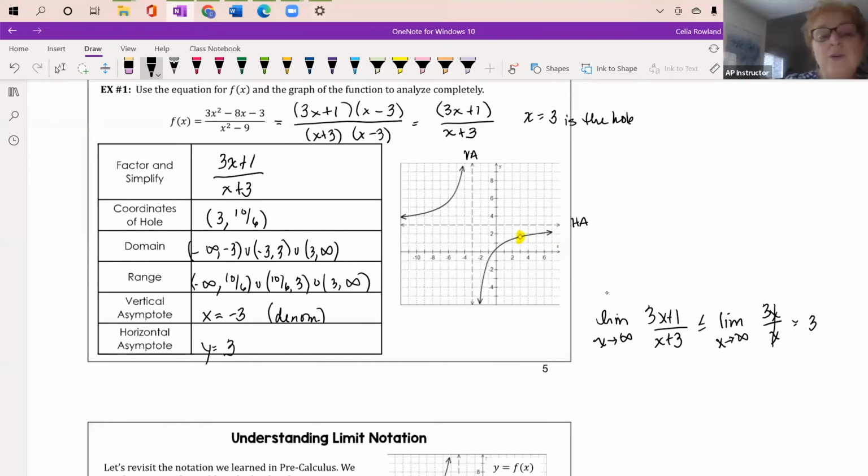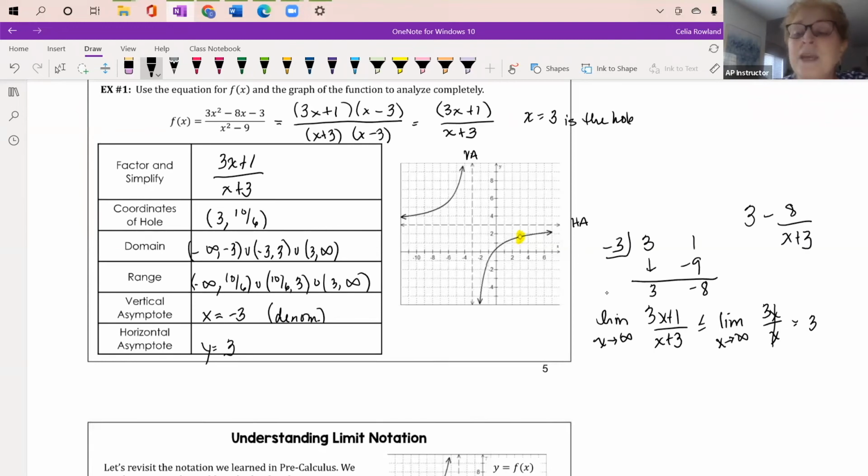The other way you can do it is you can do synthetic division here. So I'm going to show you this real quick. So this is 3 and 1. Drop 3 down. That's a 3. That's a -9. So that's -8. So this is 3 minus 8 over x plus 3. This is the transformation form